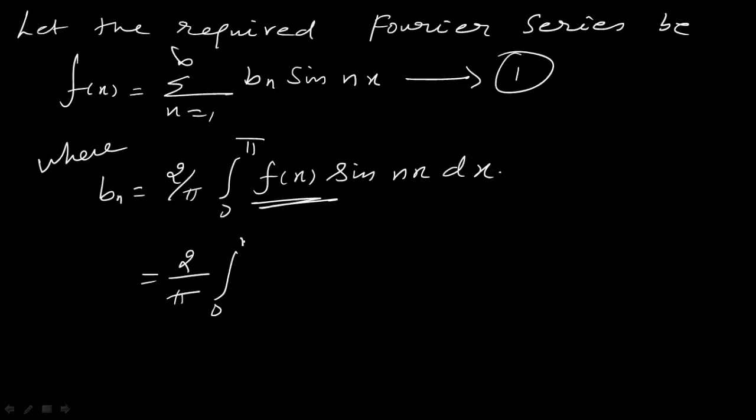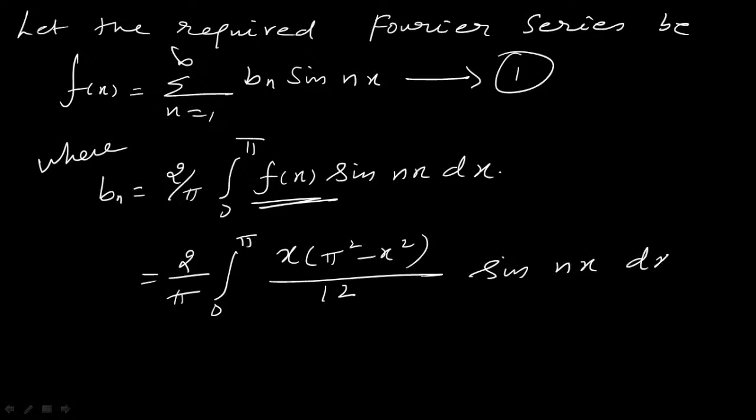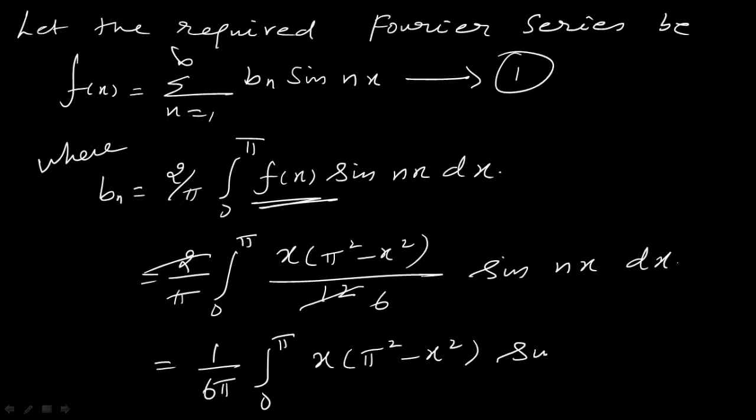So 2 by pi integral 0 to pi, the given function is x times pi square minus x square over 12, sin nx dx. Here 6 twos are 12, so you take 6 outside of the integration. So 1 over 6 pi integral 0 to pi of x times pi square minus x square, sin nx dx. What I am going to do is take the 6 inside the square bracket. The next step,